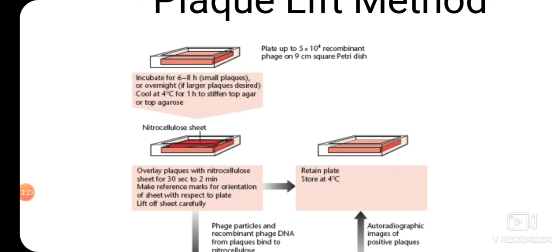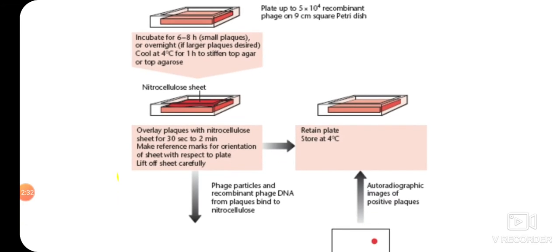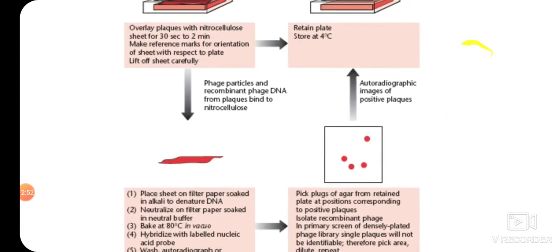Then above it they place the nitrocellulose membrane, and it will be allowed to be there for 30 seconds to 2 minutes. What happens now is that this nitrocellulose membrane will get attached with the bacteriophages which are there in those plaque regions. Then they take that nitrocellulose membrane, and the plate is kept as it is, as a master